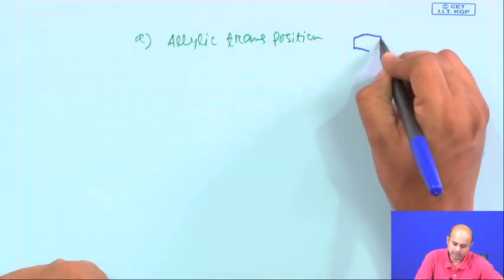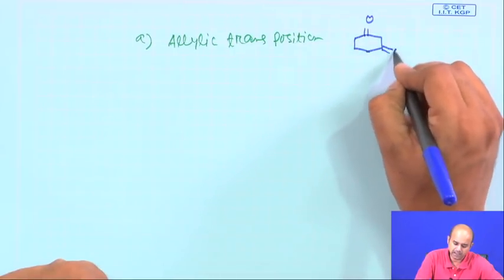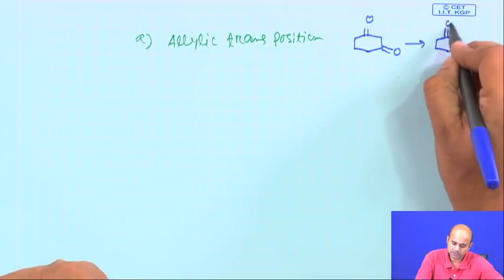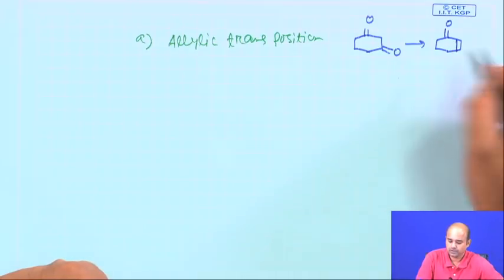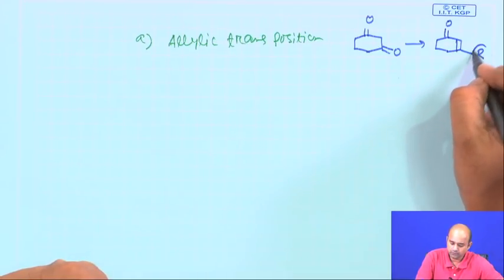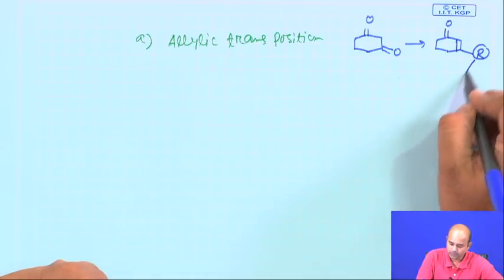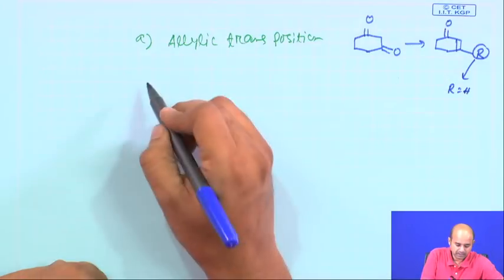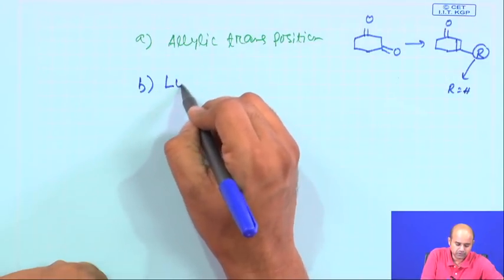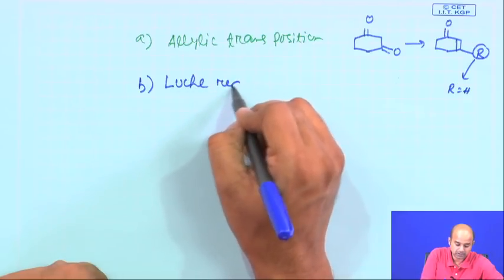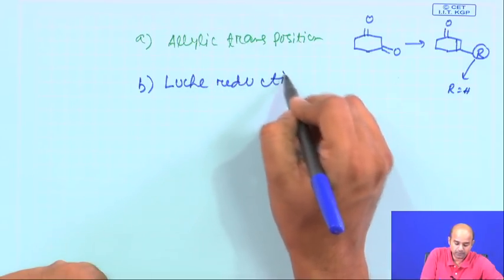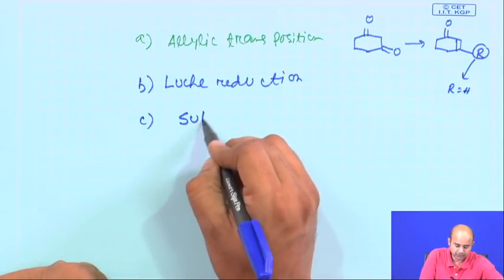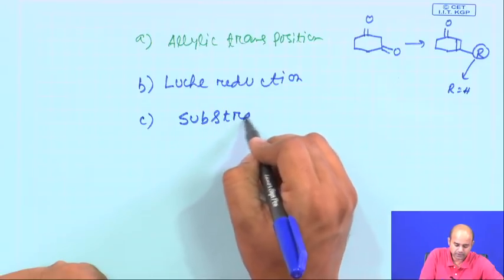If you have a diketone compound of something like that, you can basically fine tune this reaction to get this compound. Here we are not using any external nucleophile, we put R equal to hydrogen through a lithium aluminum hydride. Then we are doing a Luche reduction, which is a very useful transformation, and then we are doing a substrate directed epoxidation,